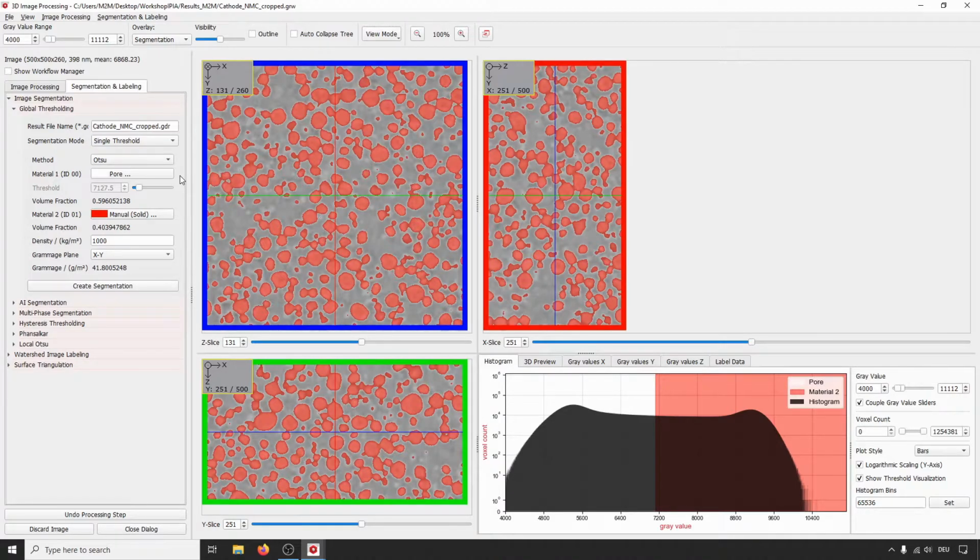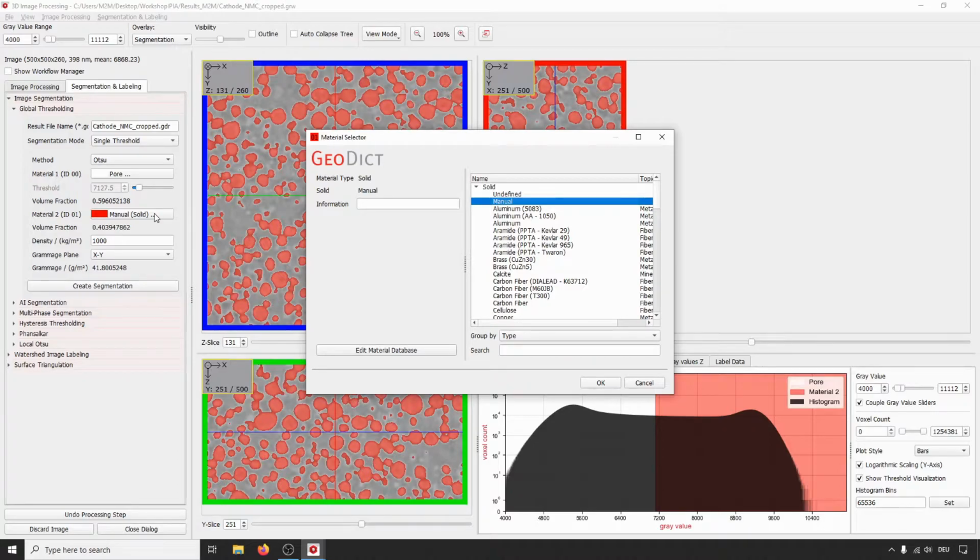The final thing we have to do before we want to do the segmentation is select the materials in our structure. So you can directly select which materials get assigned to the different phases in your structure, and we keep the material ID 0 as pore, which just means, well, there's nothing in there in this case here. And for the material 2 with the ID 1, we want to select NMC,